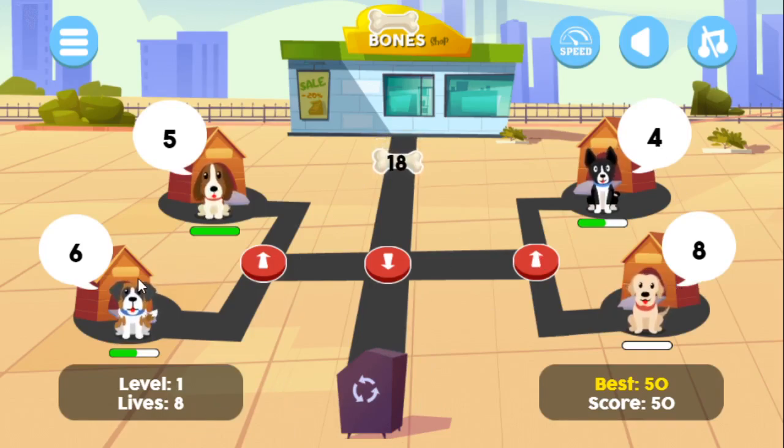This bone should go to this dog, but let's go ahead and send it to the recycle bin. You'll see the lives go down. I just lost a life there, okay, and the score flashed. And so that's one way you can tell. Okay, let's go ahead and get it to